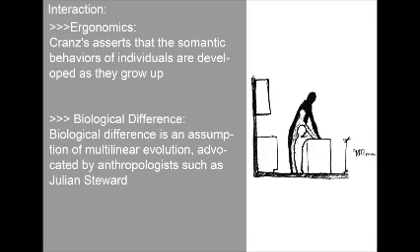Physical anthropology. Biological difference is an assumption of multilinear evolution advocated by anthropologists such as Julian Steward. This theory could inform the process of design through supporting the investigation of environmental comfort levels. The designer could also consider instinctual, emotional, or psychological needs such as prospect refuge or views over natural environments. Like the process of ergonomics, processes for designing for biological difference can involve research into comfortable conditions in the couple's current home and testing of new possibilities and changes using simulations during the design development.